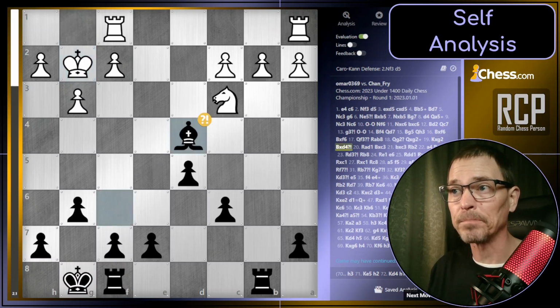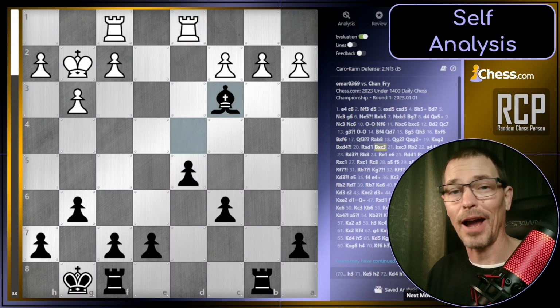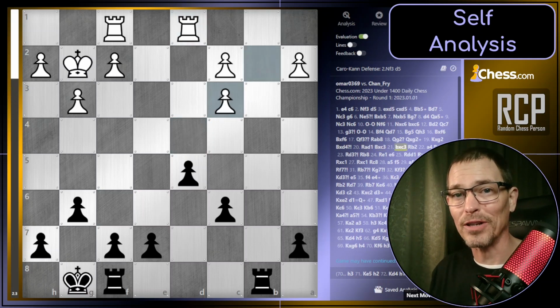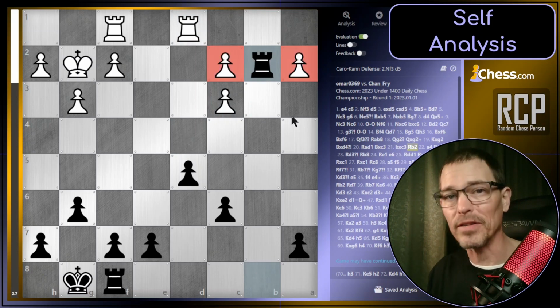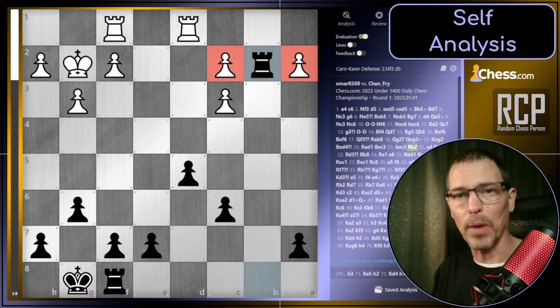I went ahead and took it, and that turns out to be an inaccuracy, but I still have about a minus 2 advantage. And my opponent came after the bishop, which I used to take the knight, which damaged their pawn structure. That allowed me to go in here and ensure that I would win one of these two pawns. And from that point on, I knew I had a lead, and I went on to win the game, although